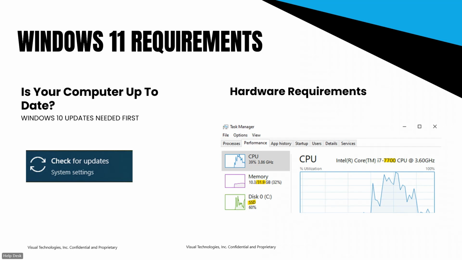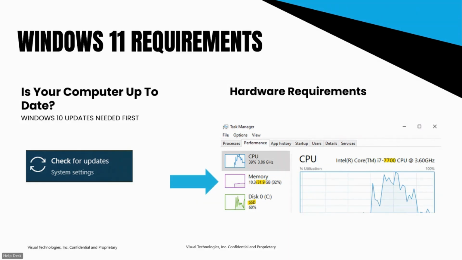A good rule of thumb at this point is that 8th generation was about 5 years ago. They're about 5 years old now. So if you know that you've bought your computer within the last 5 years or so, odds are you're going to be all set here, but it's worthwhile to check that highlighted value to make sure that the number starts with an 8, denoting an 8th generation or newer processor.